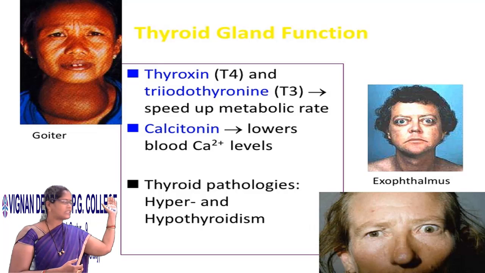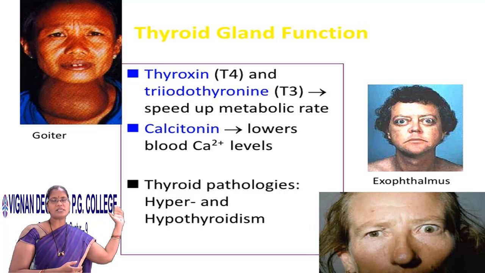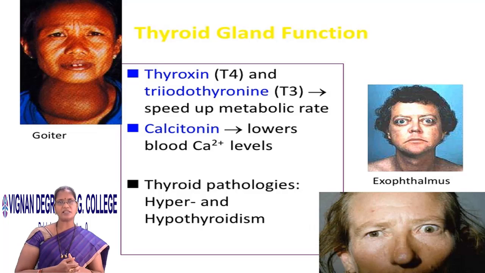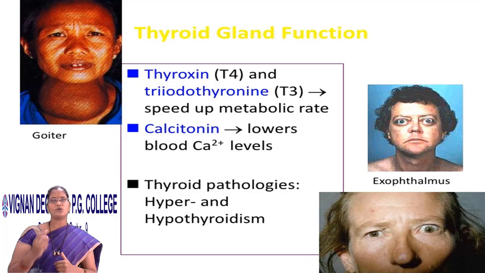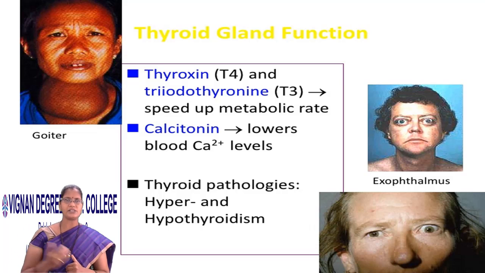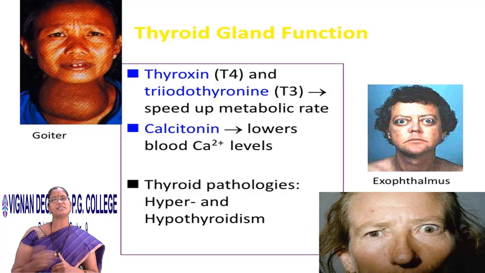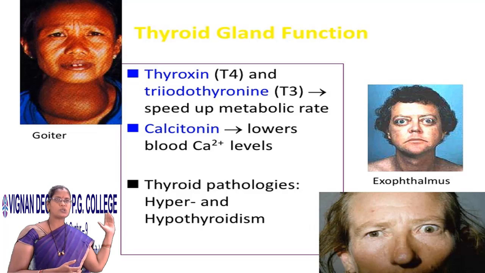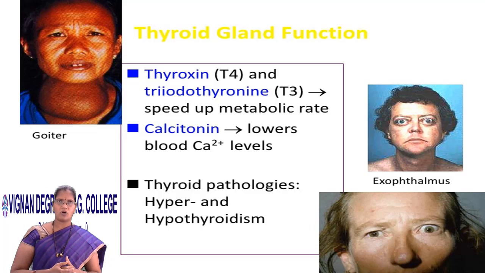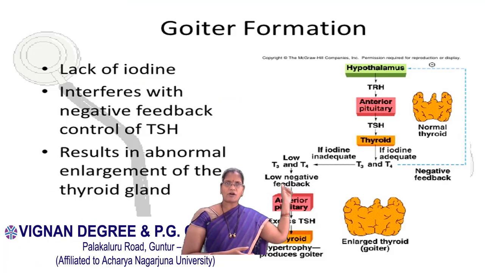So coming to the thyroid pathologies. Pathologies means the diseases associated with the thyroid gland. So there are two conditions. If the thyroid hormone is secreted in excess amount, that condition is called hyperthyroidism, and if it is secreted in low amounts, it is called hypothyroidism. So what are the pathologies associated with the thyroid gland? First one is goiter formation, due to lack of iodine,